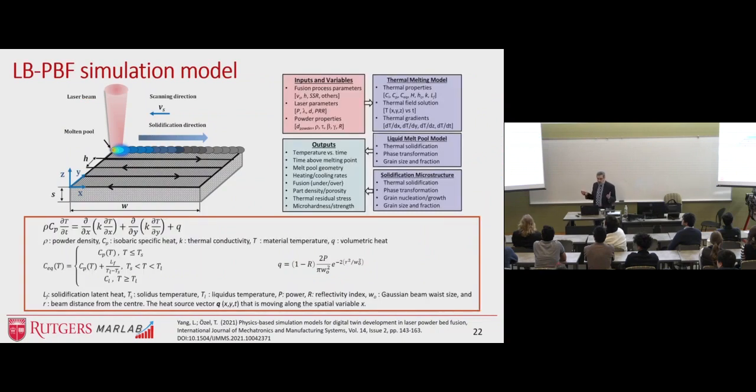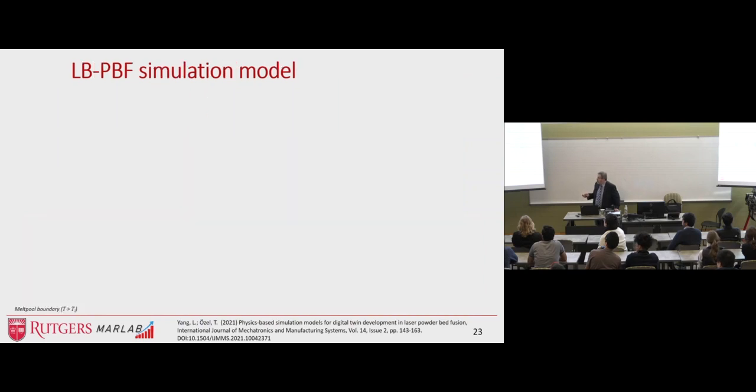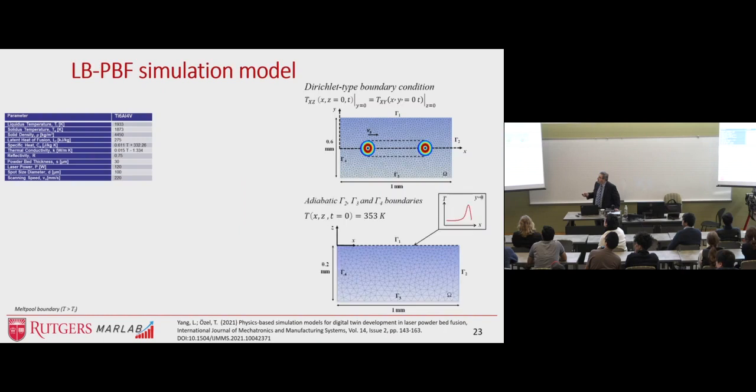So we had input variables, which are the fusion parameters, as well as laser parameters and powder properties, generating thermal melting models, a liquid melt pool model, and a solidification microstructure model, simply solving the heat transfer equation, modeling the phase change between the liquidus and the solidus, and so on. And also the laser heat source is modeled here. And then as a result, we get